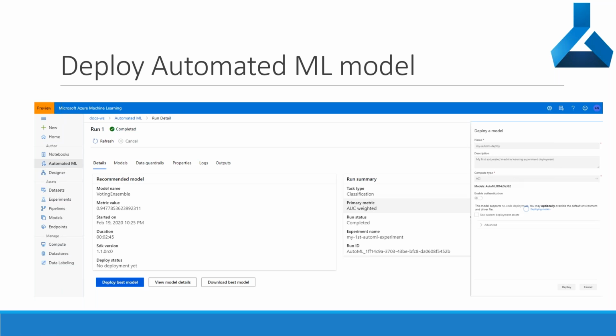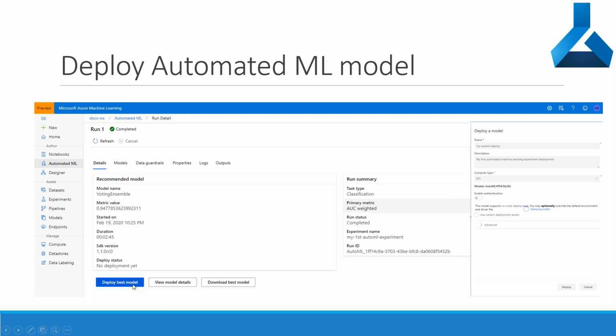One is to deploy the model to Azure Kubernetes Service, or to Azure Container Instance. The reason is that you need a self-managed environment where the model is deployed. So the model will be available within the containers, and then anyone can access it. This is how the deploy model screen looks.